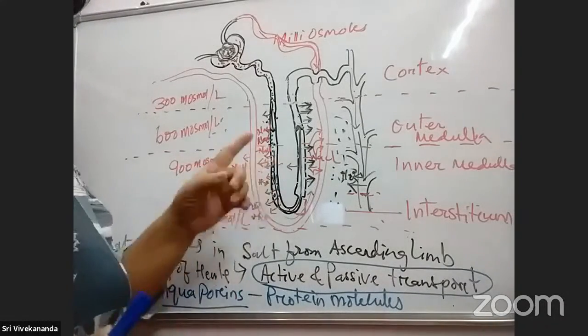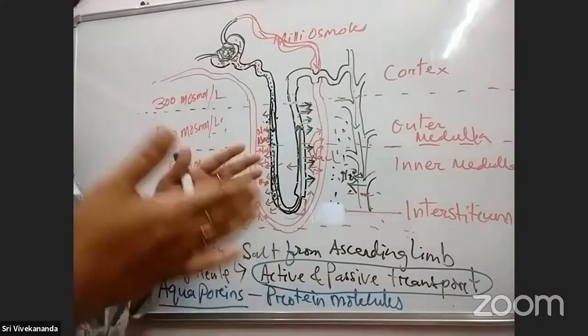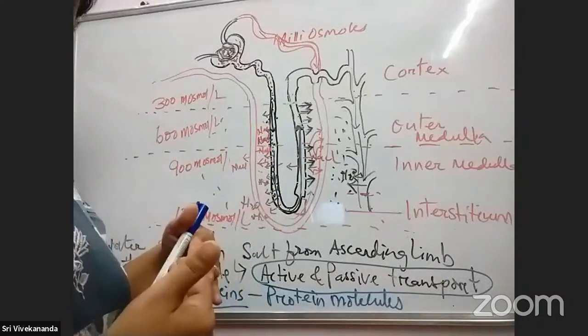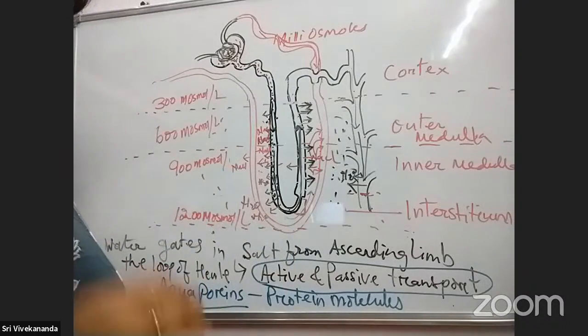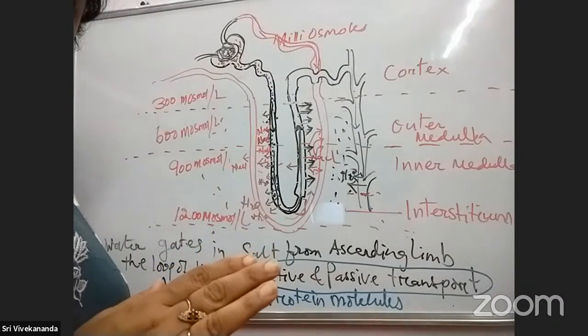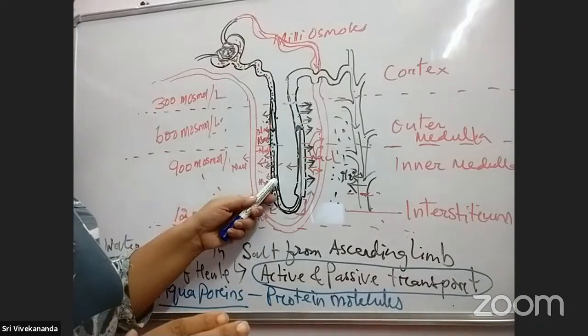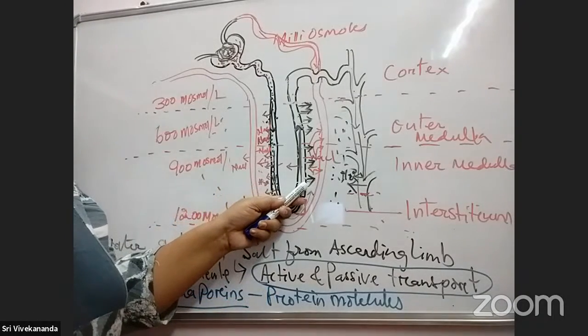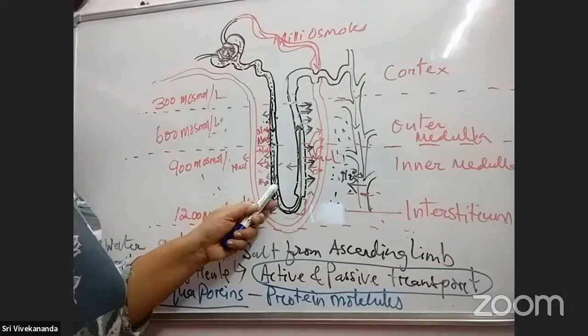Now what else did we explain? I explained which limb of the loop of Henle is permeable to what. Correct? Up to that we discussed. So this is permeable to water, this is permeable to salt. Right? But this water permeability,